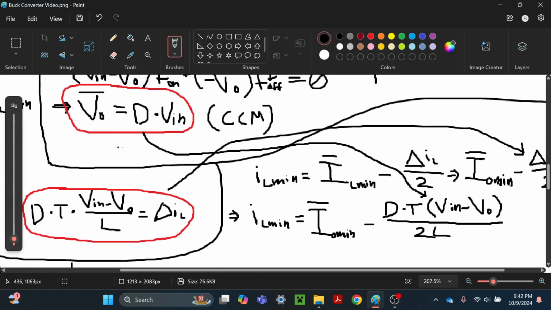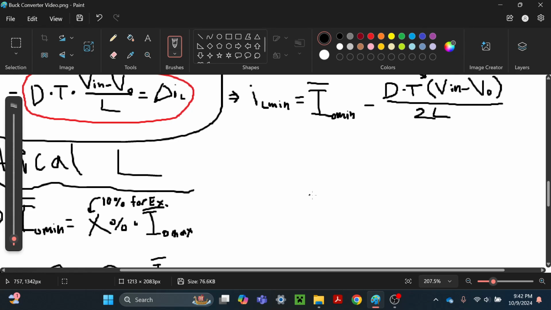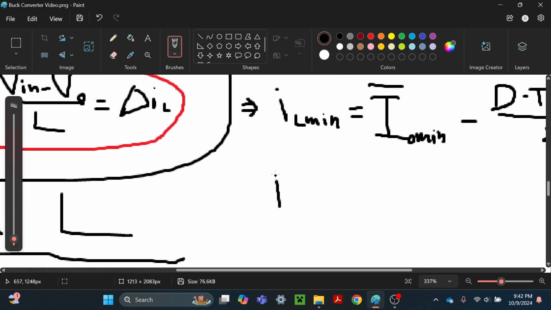So V in is going to be equal to V out divided by the duty. So then we can rewrite this as IL min